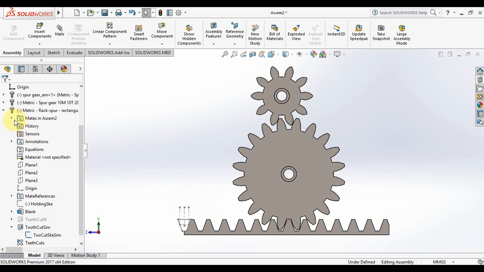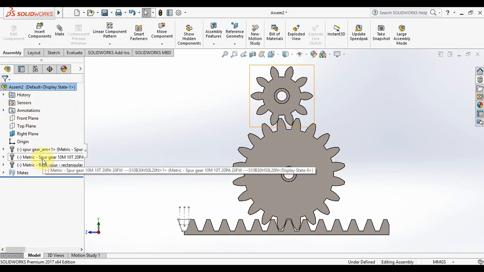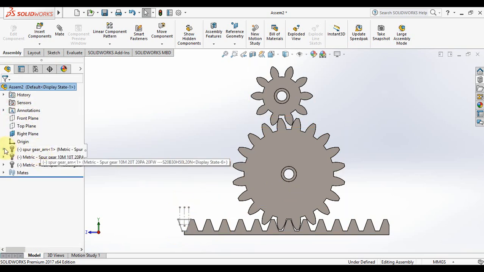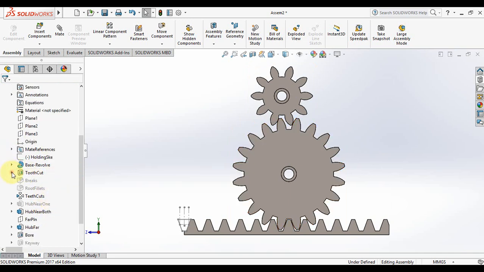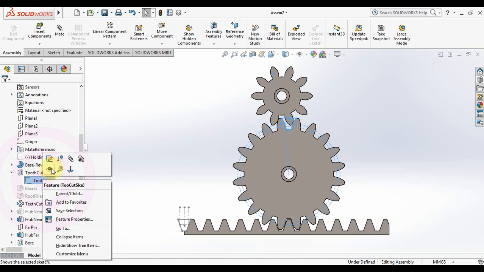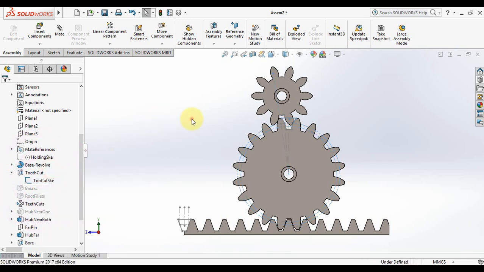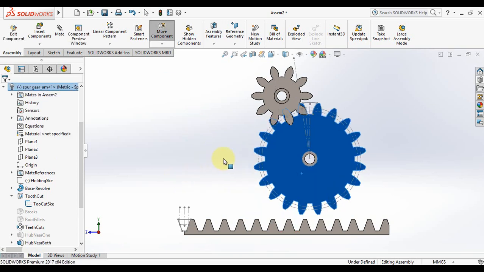I will do the same with the pinion, with this gear, this big gear. So I'm going to open it and I'm going to go to the operation tooth cut. I will open it, I right click on it and I select visible or show. What's the idea of a mate? That here and here, when I move this,